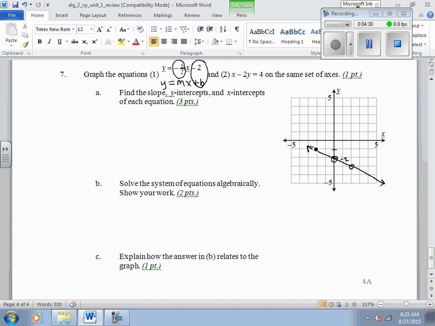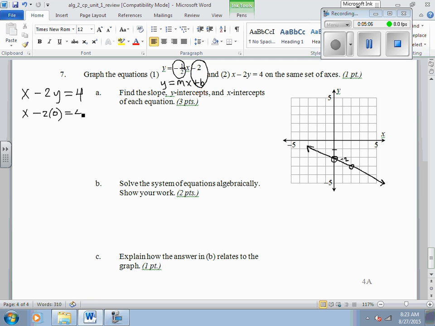All right, now do you notice that the second equation is not in slope-intercept form? That one is called standard form. So do me a favor. Put it right here. Since it's not in slope-intercept form, don't assume by looking at it you can get the slope or the y-intercept. You have to actually rewrite it. But I want to show you something. Because it's in standard form,